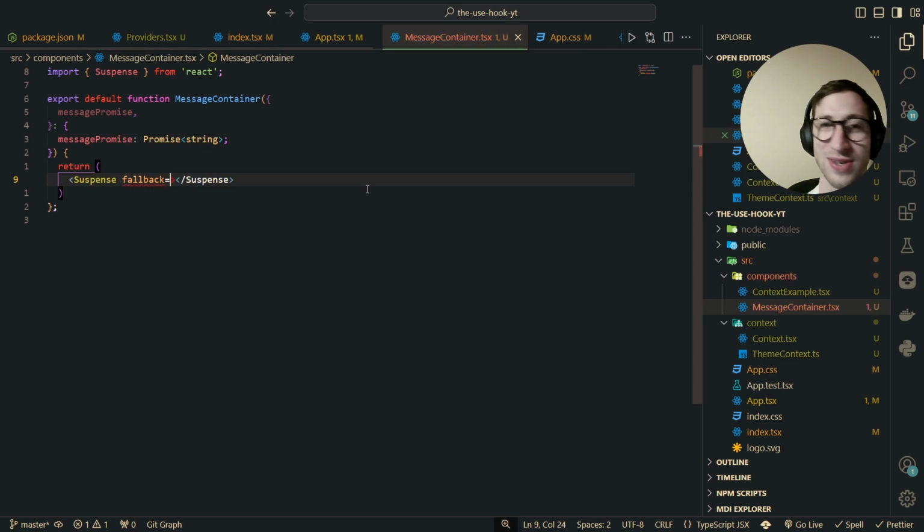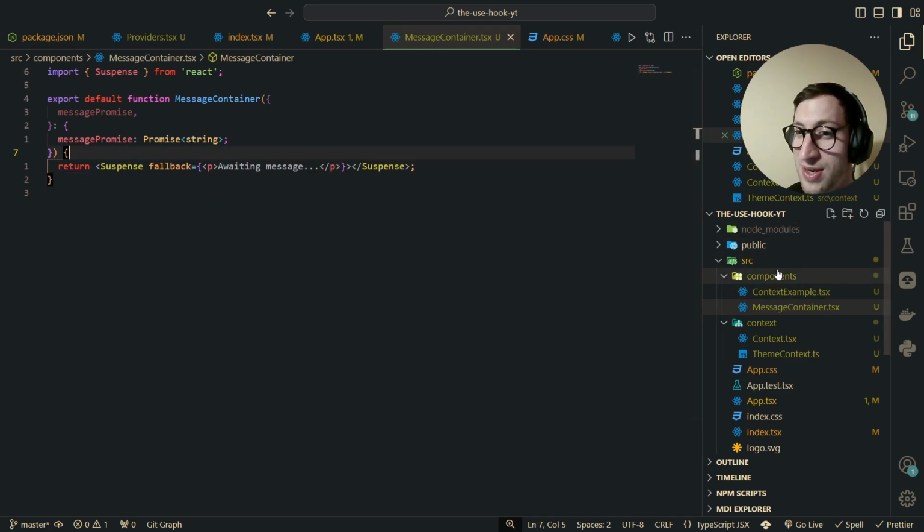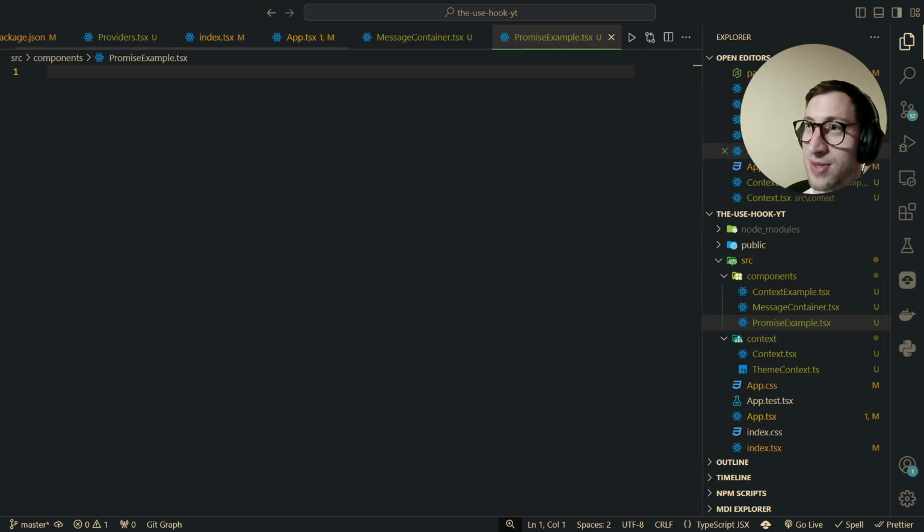So fallback is going to say "awaiting message..." And then in here, we're not going to return anything for now. We'll actually import another component. We'll create another component first. There's going to be PromiseExample. And PromiseExample is actually going to be a client component because